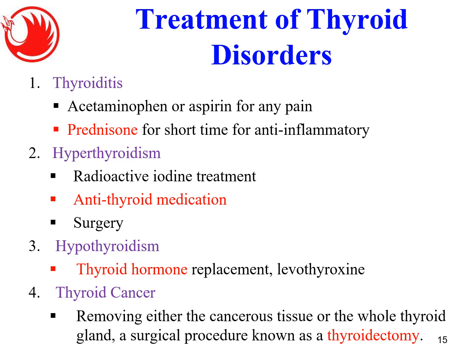So they will have aspirin or acetaminophen, which they will use for pain relief. In cases of inflammation, they may actually prescribe short-term use of prednisone